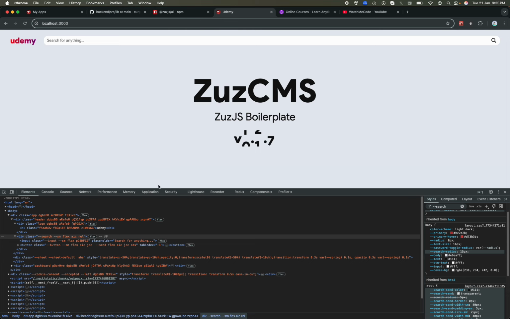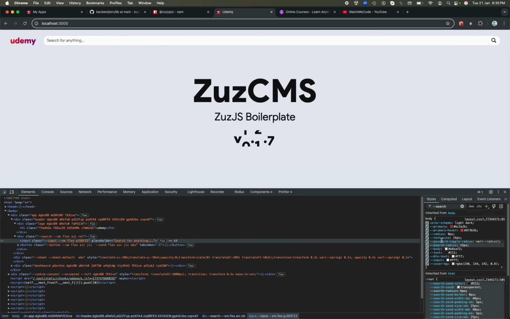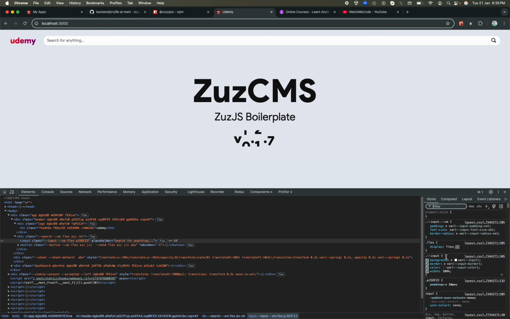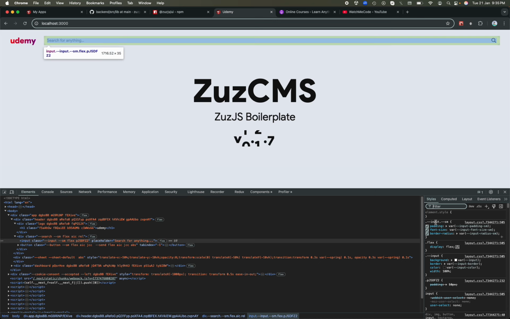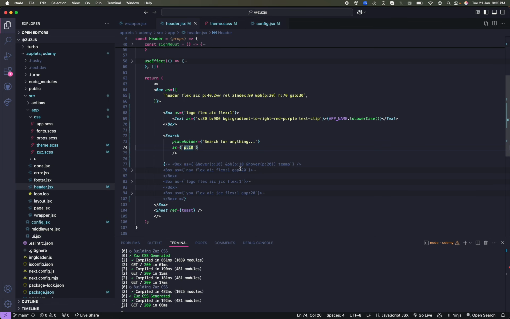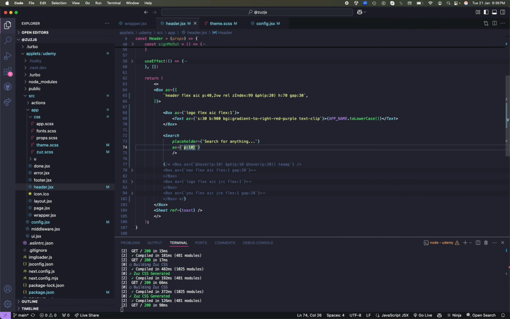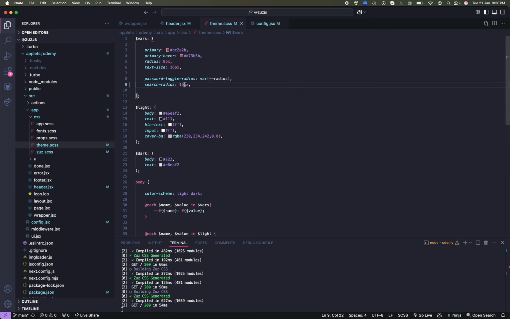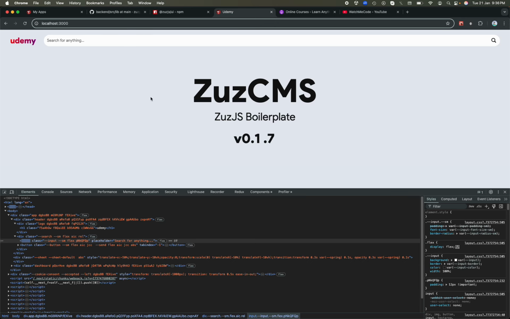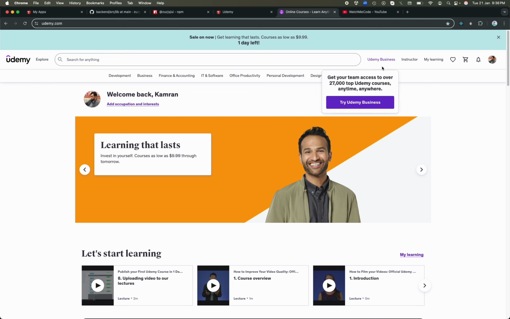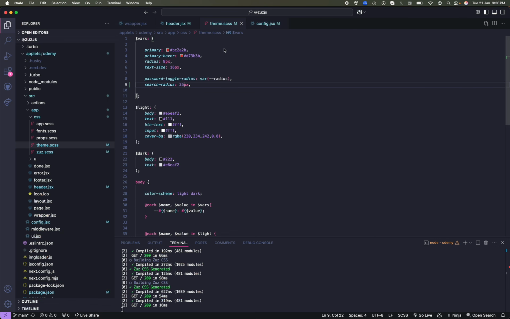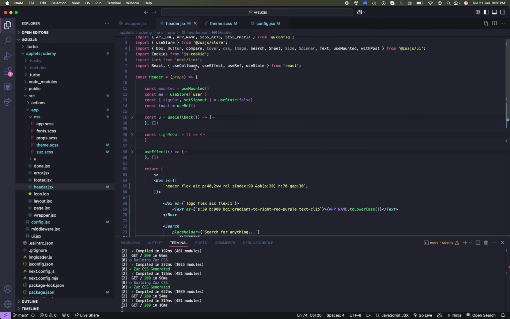It is not working, or maybe 10 is too low. If I cross and if we check padding 10, actually it is overriding the input dash dash sm. So let's add an exclamation. There we go, and maybe a little more, and change the radius to 25. Good, we are good. Now we need to add this navigation, and for navigation, if we go inside header, we